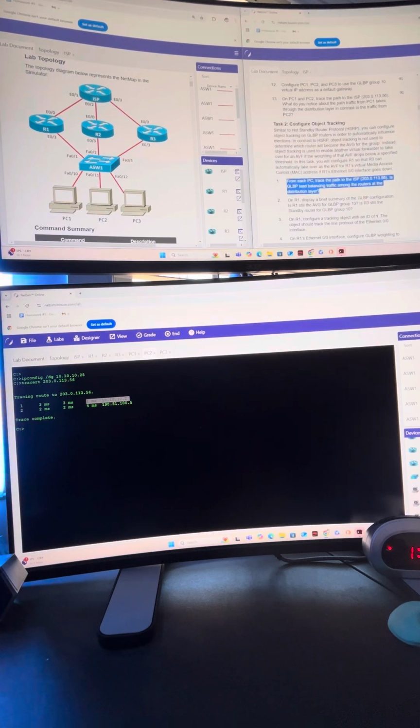Okay, so that is good information to know. It's basically saying that on GLBP, object tracking will not change the active virtual gateway, but instead